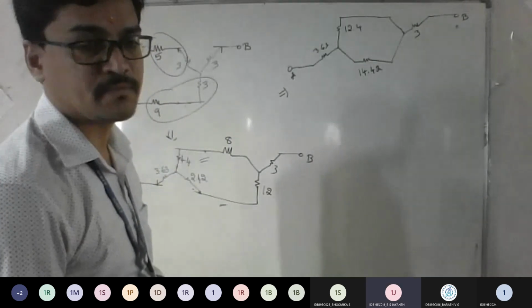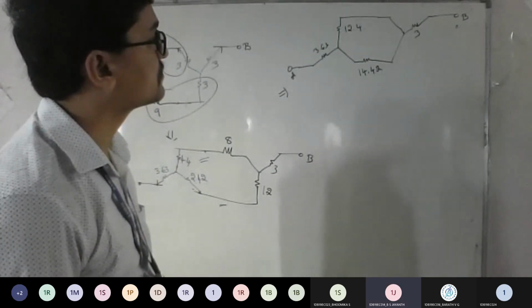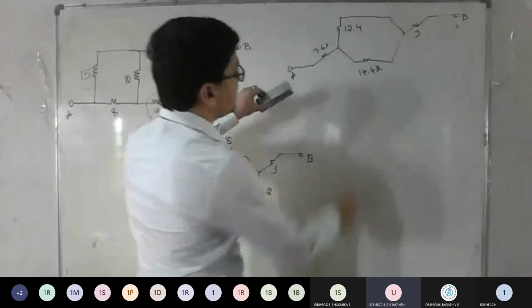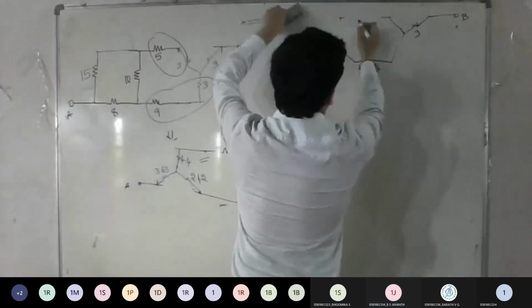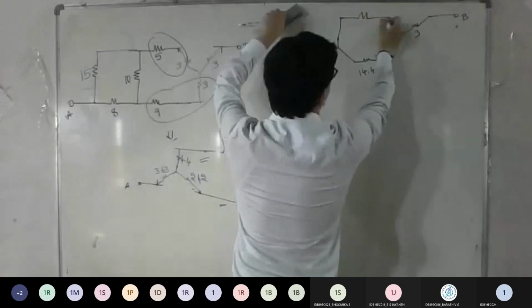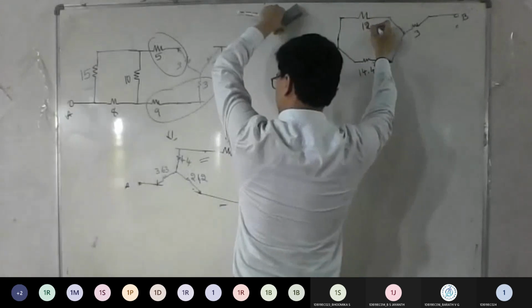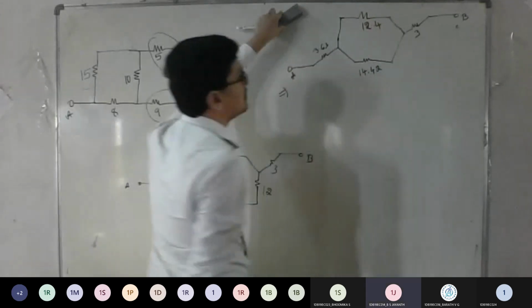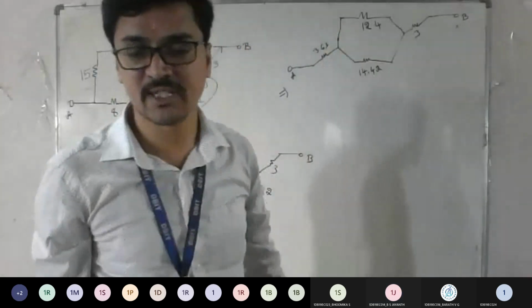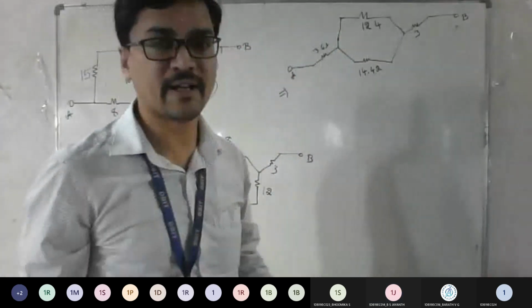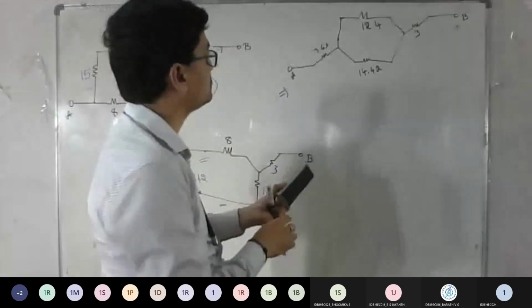Sir, we resolve the parallel combination and add them in series, sir. Good. See, actually, if I write the resistor here or here, both are the same. Correct or wrong? If I write it like this, is it the same? Yes, sir. So you can reduce this easily. No need to apply any conversions again here. Just apply your parallel logic and tell me the answer.